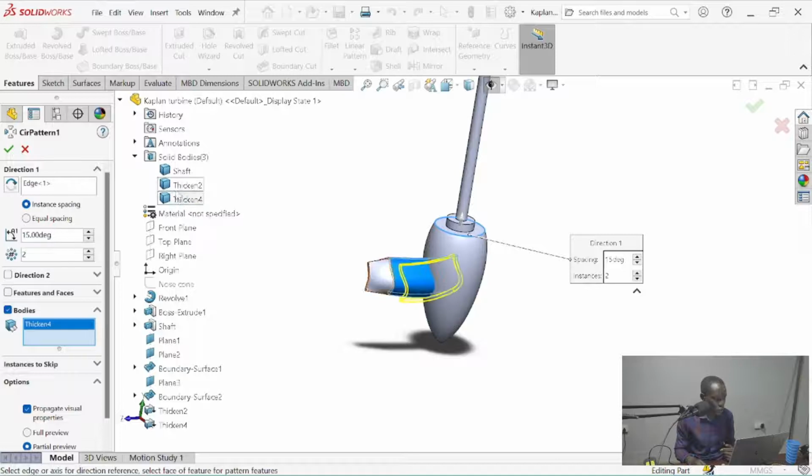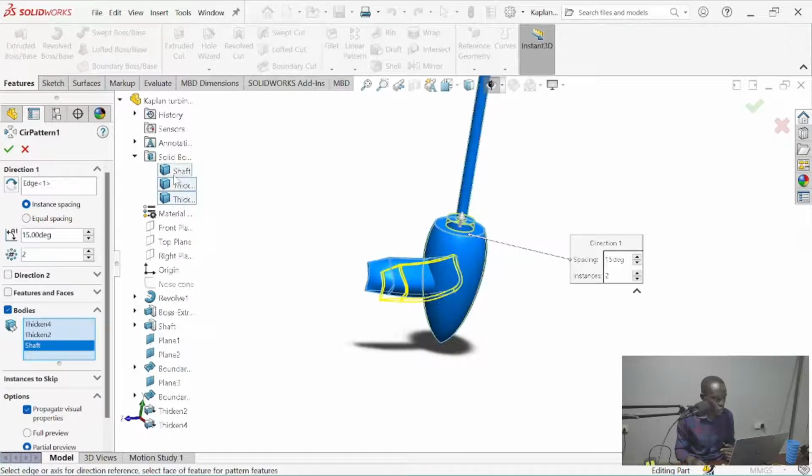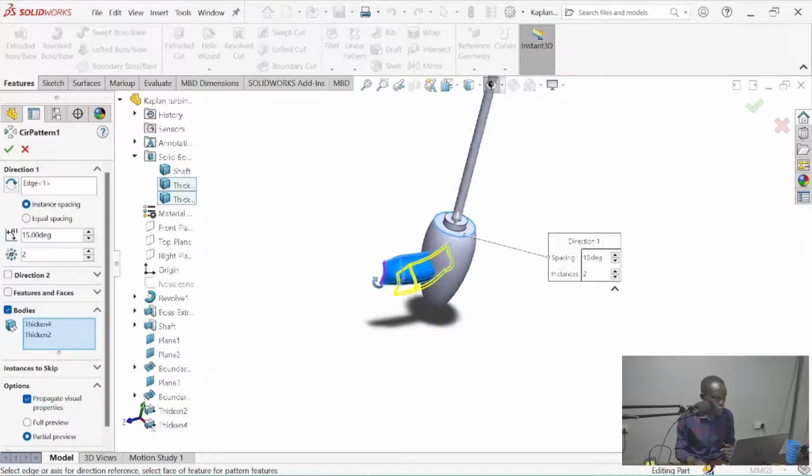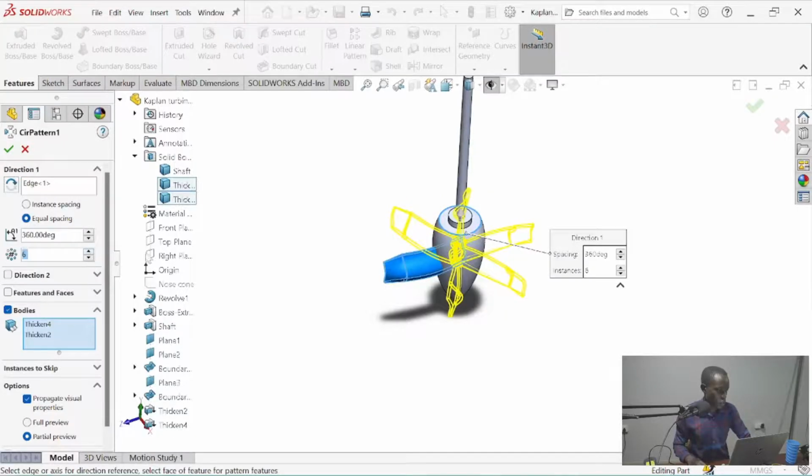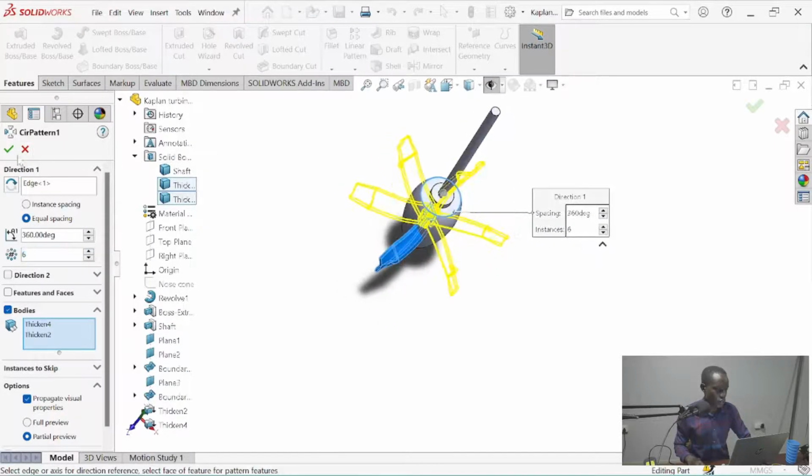The bodies, we have the thicken 2 and 4. Yeah, we're dealing with this. The propeller blades are the adjustable blades, and we're doing equal spacing 360. Need 6.